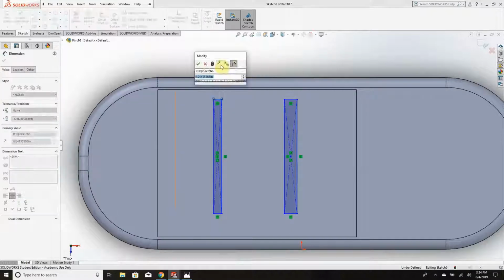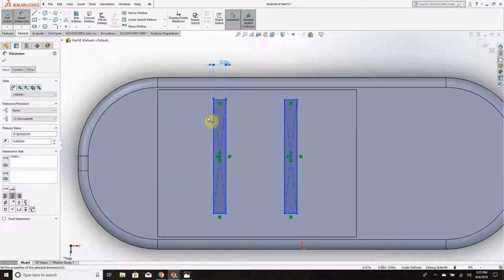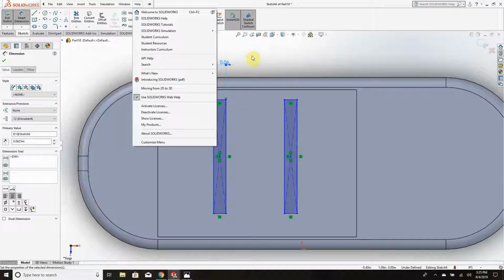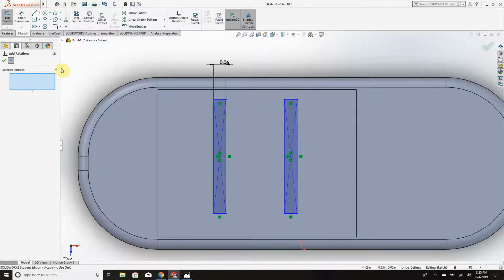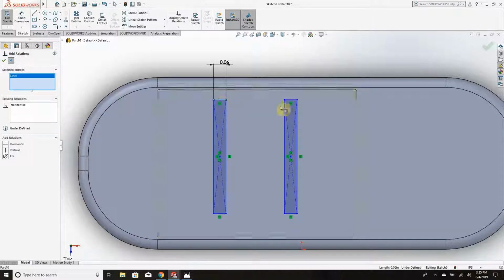The thickness on these is 1/16 or 0.0625. Now, we have the thickness on that one, which is good, and we have to add the thickness to this one. Now, I could dimension this, yes. That would be easy to do, but instead I'm going to go up to the display, delete relations. I'm going to click on add relations. You'll see this box here where it says select entities. I'm going to pick that